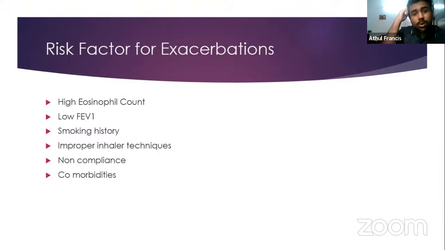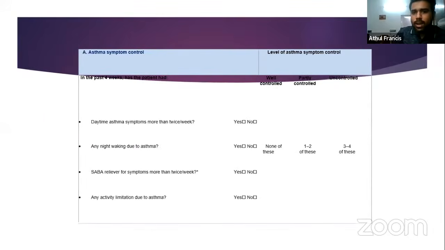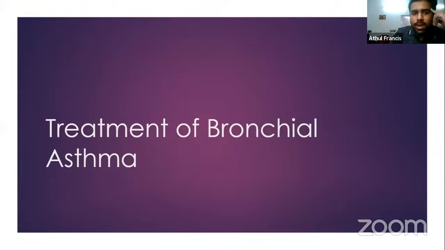After 4 weeks or after 2 to 3 months, using the questionnaire which I told, there is poorly controlled, well controlled, moderately controlled and partly controlled asthma. So now, coming to treatment of bronchial asthma. As I told, I won't be discussing every drug in detail. I'll just give a brief overview and, from a clinical point of view, how to treat a case of